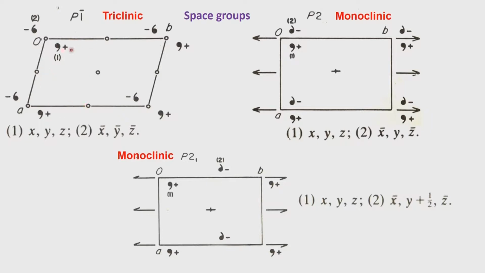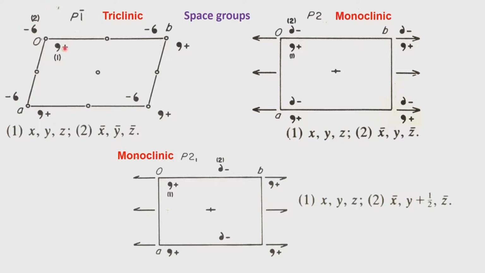We can have any number of objects which can be at different values of x, y and z, and what happens is that now it will see the center of symmetry at the origin. When it sees the center of symmetry at the origin, it undergoes the symmetry operation, which we all now very thoroughly know. X, y, z goes to minus x, minus y, minus z, which we pronounce as x bar, y bar, z bar. So, we have the second object generated, which is marked as 2. So, we have the object 1, we have the object 2. You see that the object now inverts and also goes down in the c direction. So, x changes to minus x, y changes to minus y, z changes to minus z.